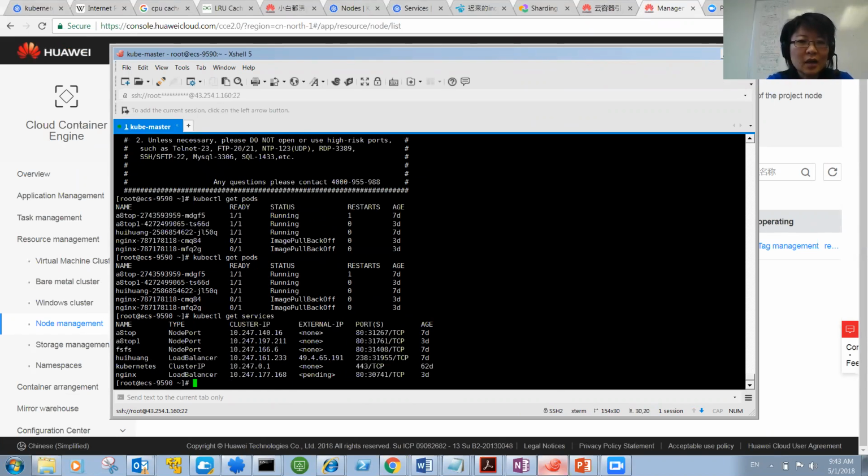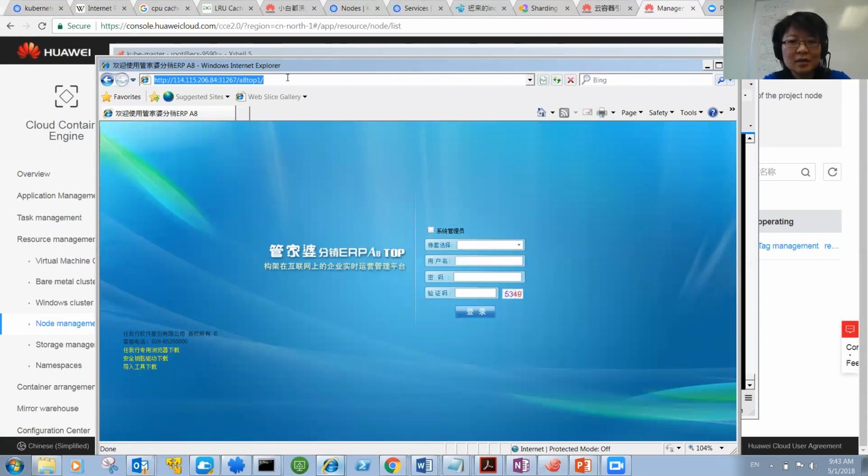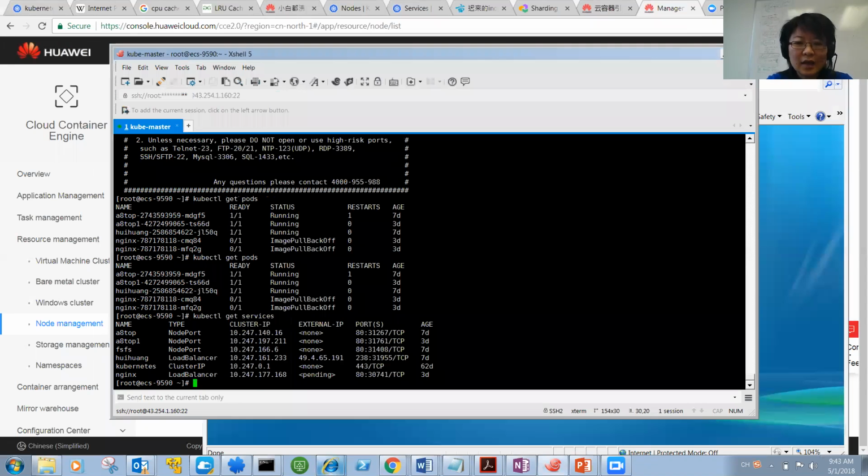The A8 top is the customer's application, and here you can see I'm getting an external IP. This is the customer's application, and it's pretty straightforward. If needed, I can also deploy a new one, but I think you all know how to do this, so I don't plan to show you.